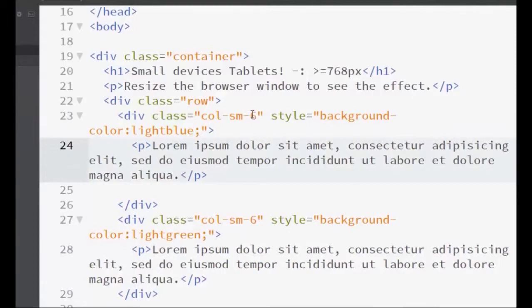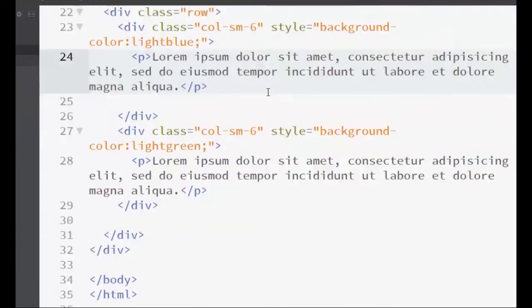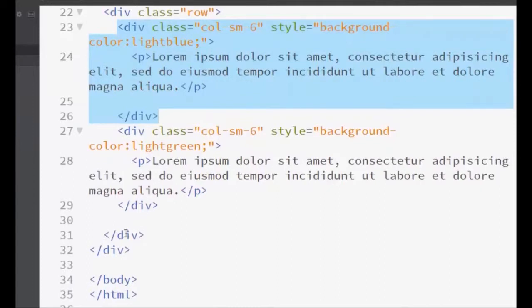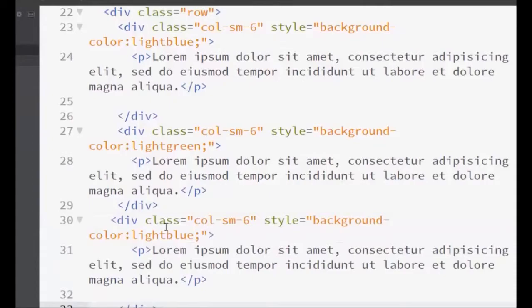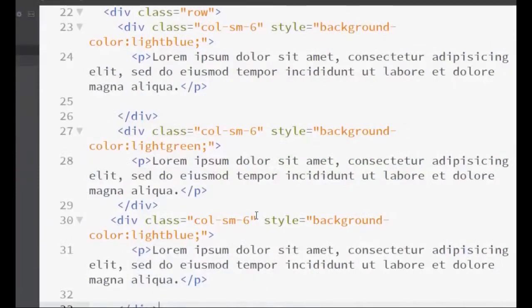Now we can have this 6 and 6, but feel free to change it to your own. You can choose any of the layouts which we talked about in the image in the last movie. Now what if I do something like this? If I copy this entire division and paste it out here, inside the row, and save it. Now notice that this is not looking good. This is being stacked upon each other because 6, 6 and 6. So we need to change it.